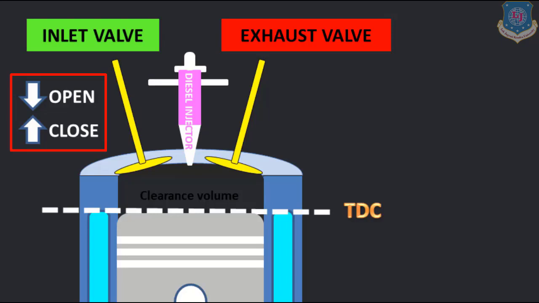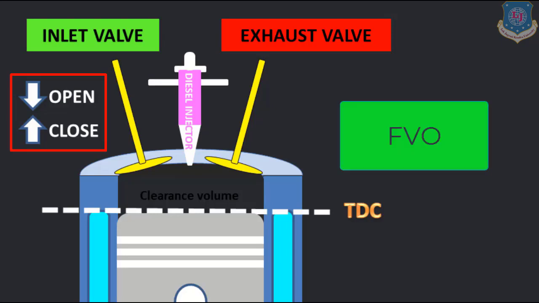Now a spark can be generated but it cannot be turned off. Fine, we cannot stop it, it will stop itself. But in the case of a diesel engine, we will start injection, and we will also stop injection. So there will be 2 points instead of a single spark. The first point will be fuel valve open, that is injector on, and the second point will be fuel valve close. Fine. So let's start our video.